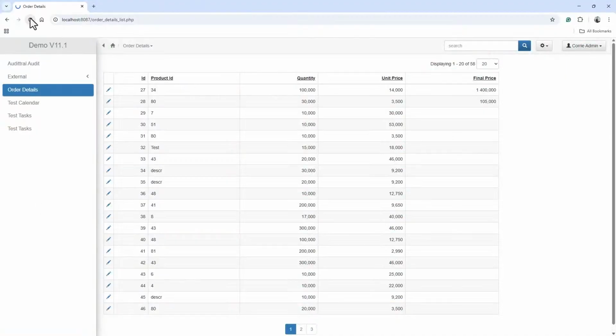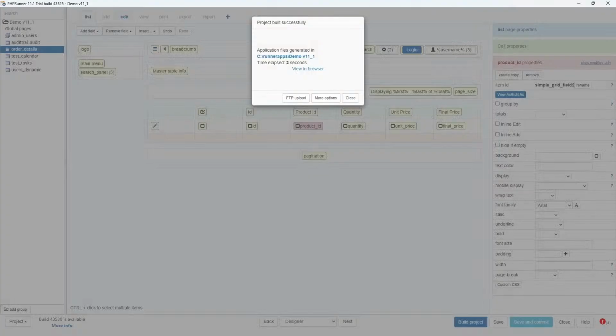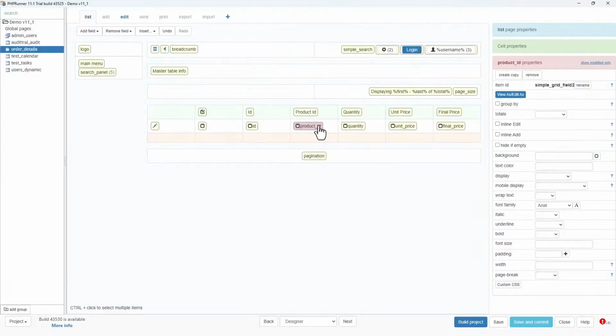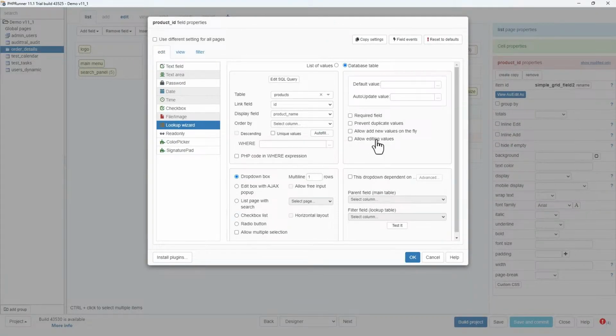Let's reload the page. There we go. All IDs are now linked to an actual proper description, or not a description, you know, the name of the product anyway. So this is beautiful. Now this is what I want to show you, what's new.